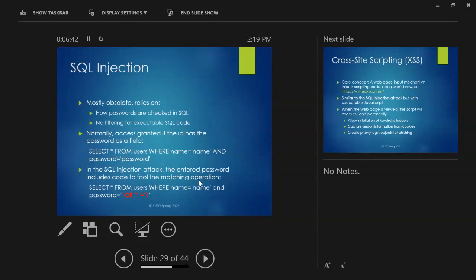Well, in a SQL injection attack, basically you include some extra code to fool the matching operation. So this means basically select star, get all the matches from some table users where the name matches the name, and the password, either, here's the part that gets changed, this is an empty string, so either the password is blank or the character 1 is equal to the character 1.